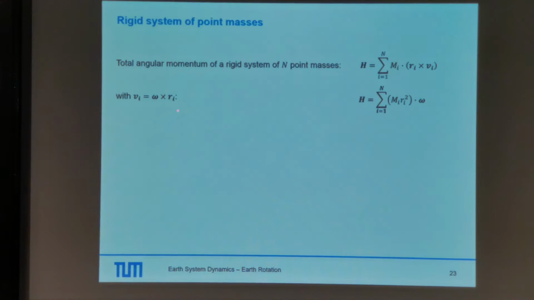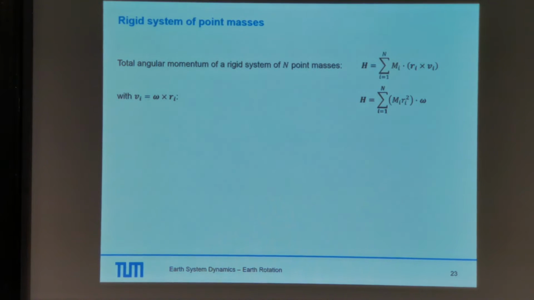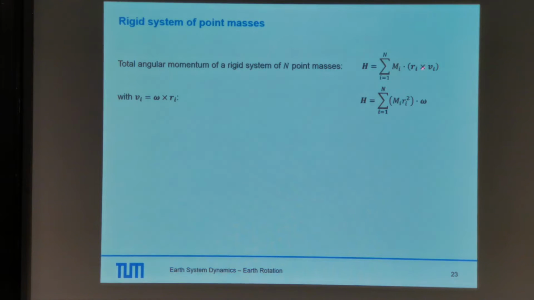If we now substitute this again, you see the relationship between the track speed and the distance, or the position vector, of the individual mass element. If we substitute this by this, we can extract the location dependency out of this velocity, and we end up with this equation again, where we have m_i r_i squared times the angular velocity, which is now constant for all the different point masses. If we now again replace m r squared with the moment of inertia J,